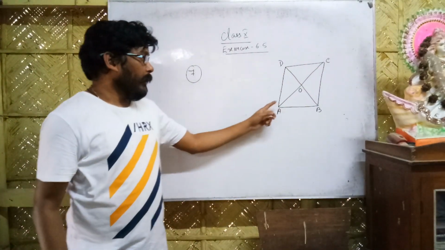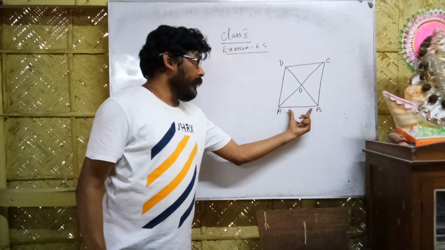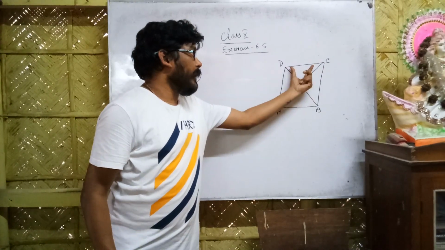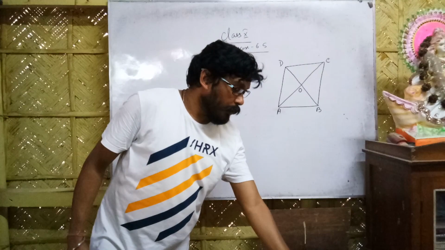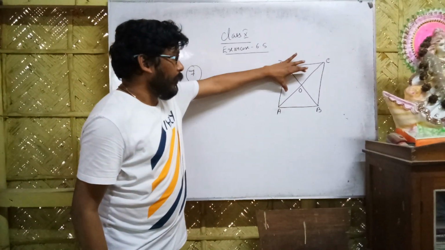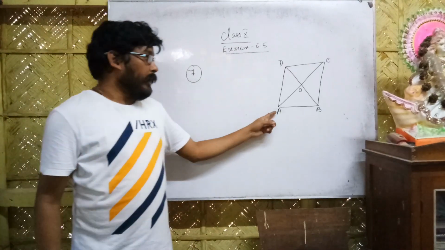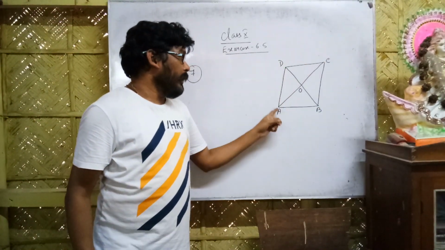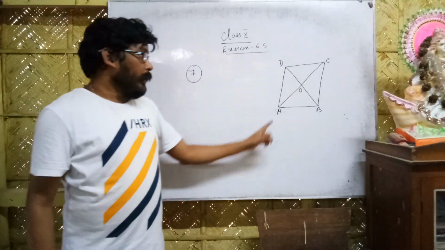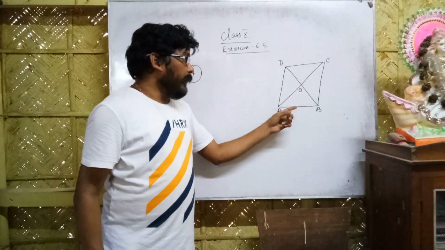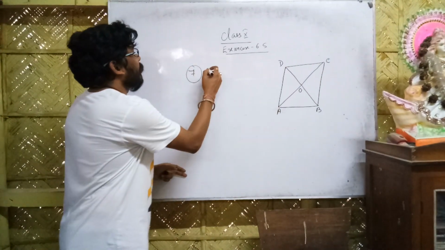What did they say? Prove that the sum of the squares of the sides of a rhombus, means AB square plus BC square plus CD square plus DA square, equal to the sum of the squares of its diagonals, means AC square plus BD square. Given part, what will you write? Let ABCD be a rhombus and the diagonals AC and BD intersect each other at O. To prove that,